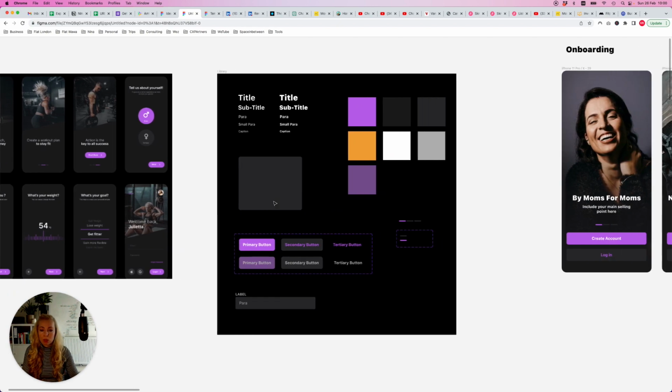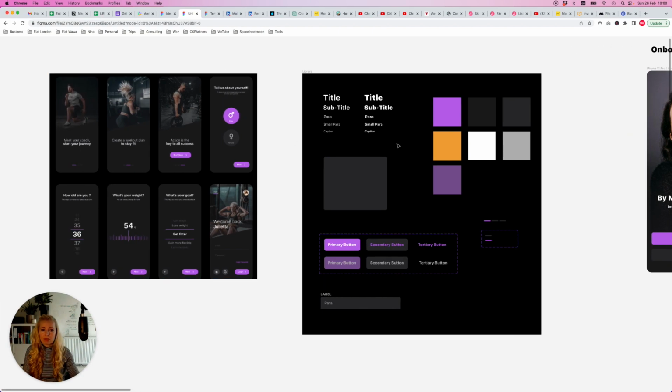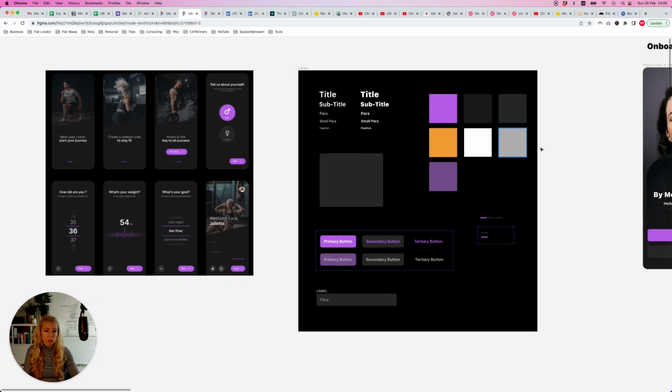I mean, normally when I work in big projects, I create big UI libraries, but in this case, if you want to create something very quickly, you can start just with these basic components. Okay, so once I've added colors to my color scheme that I would like to use,